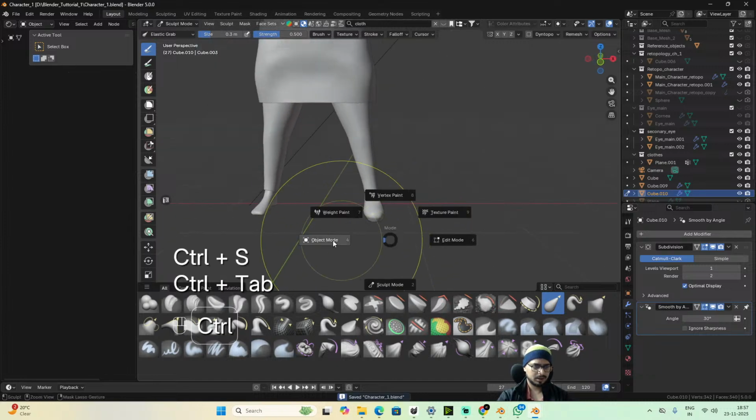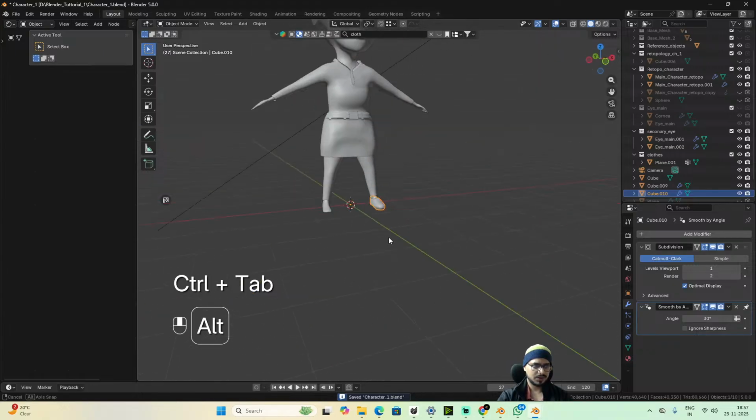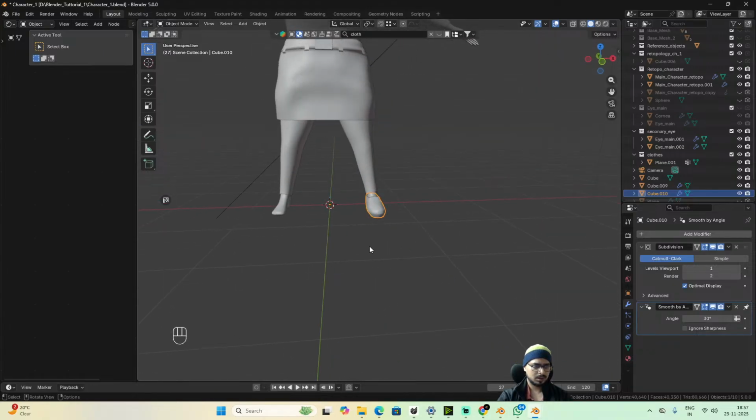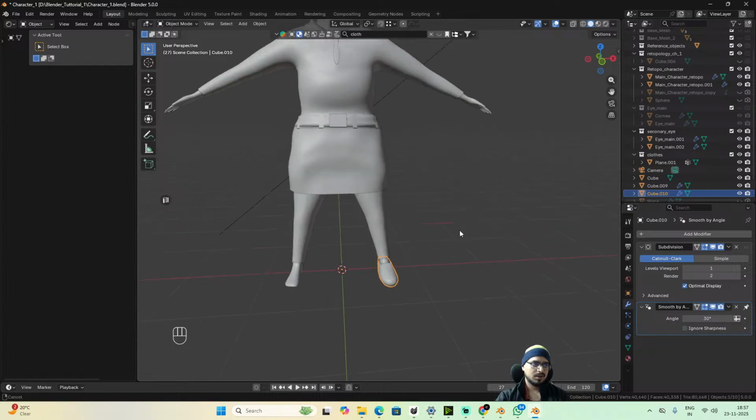I'll save it, go back to object mode. All okay, so I have another add-on, which is Hard Ops and Boxcutter, which allows me to quickly symmetrize stuff by pressing Alt X, so I have a habit of using that, even though right now